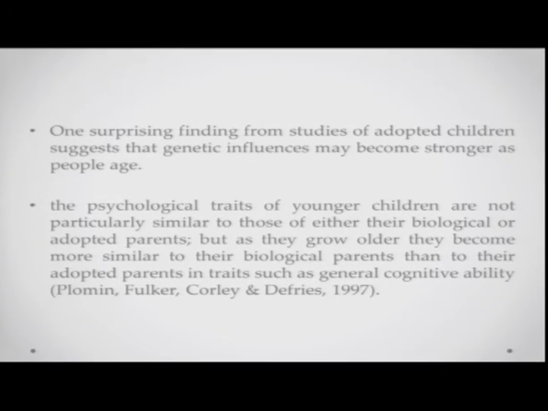One of the surprising studies of adopted children suggests that genetic influences may become much stronger as people age. One of the things I have seen people remark a lot is that when, say for example, daughters or sons are aging, they start to resemble, at least facially, their fathers a lot. I mean the dominant parent a lot. So, that is one of the things that you can say, and it goes around in common knowledge as well, that the influence of biology starts playing up much stronger as individuals are aging.